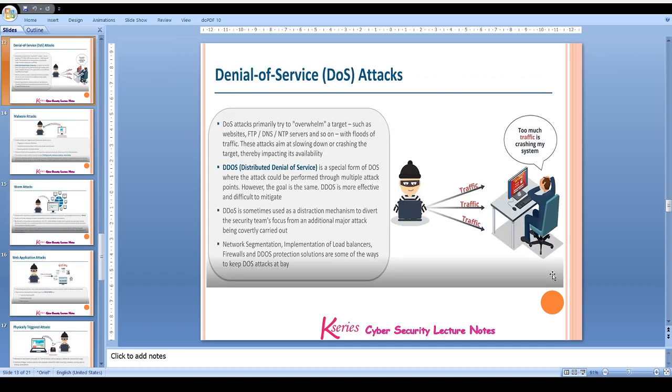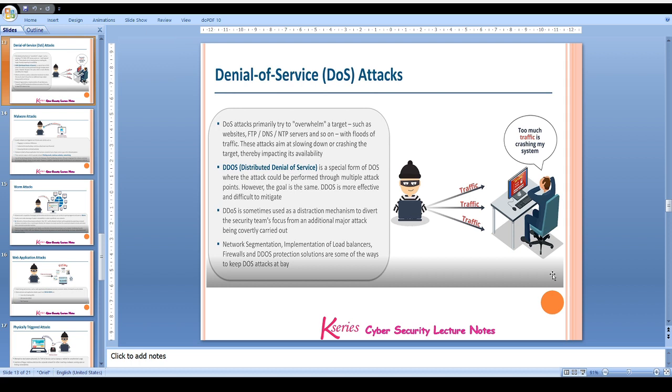Then there are denial of service attacks. Now, a denial of service attack is when a target is overwhelmed with traffic, with floods of traffic, in fact. These attacks aim at slowing down or crashing the target by impacting its availability.